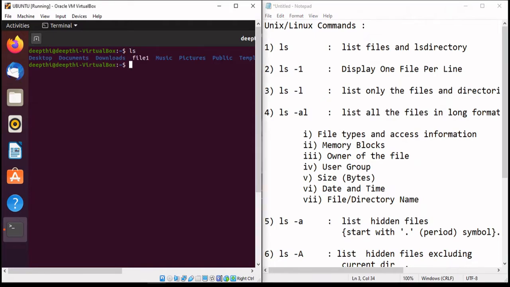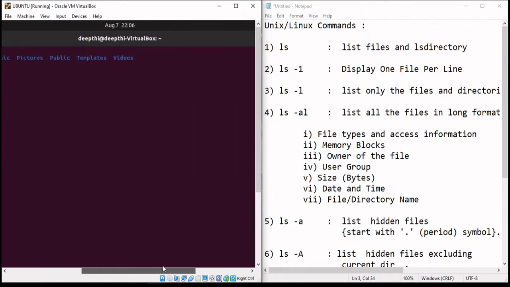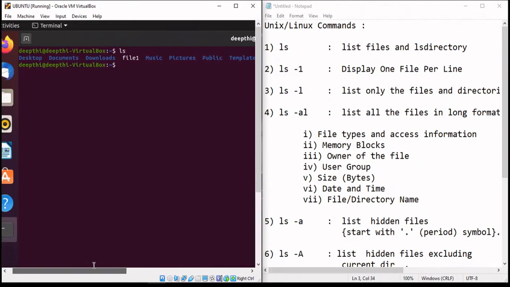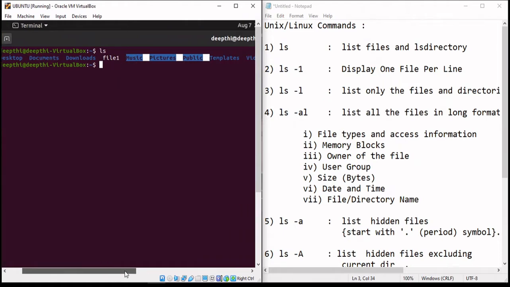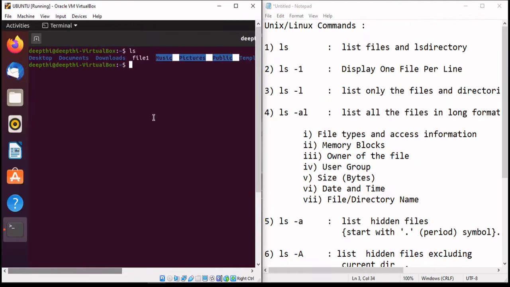When I type ls, I can see all the available files and folders displayed here. The file is represented with white color and the directories are represented with blue color, right? And all these names are arranged in a horizontal direction.